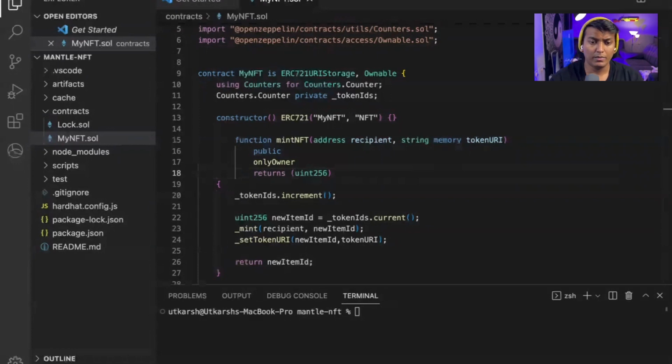Cool. Now that we have created our smart contract, we can directly move on to the next step. Now we have to make sure that our MetaMask wallet is connected to our project. How do we do that? So we go to the terminal. First, make sure that you are in the main directory and not in any of the subfolders of the main directory. So what you do is npm